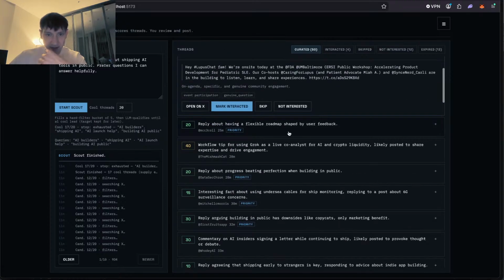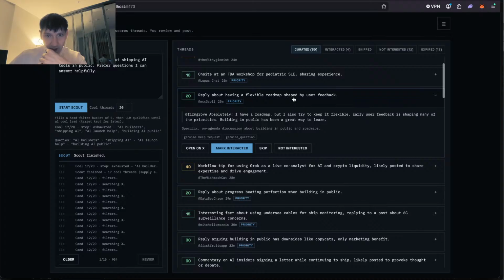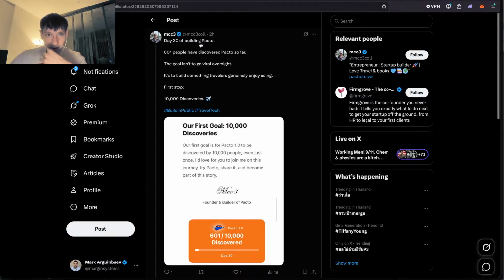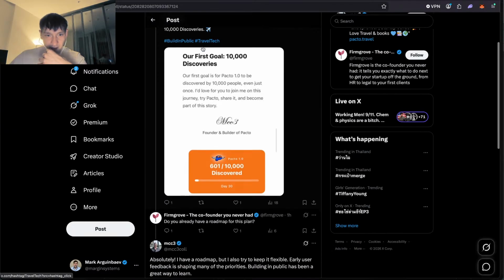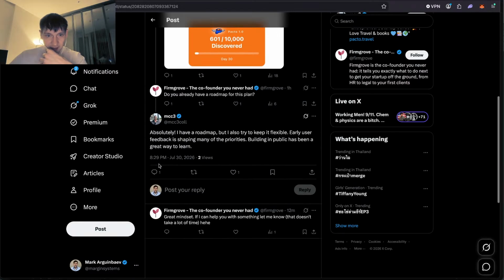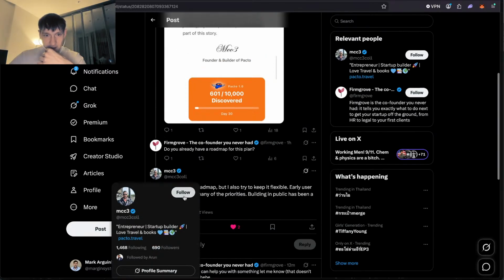Let's look at some other threads. So this is a reply about having a flexible roadmap shaped by user feedback. So this seems a little bit more interesting. Let's see. This is day 30 of building Pacto. So someone asks the question, do you have a roadmap for this plan? He says, yes, I have a roadmap. I also try to keep it flexible. Early usually get feedback. Yeah, so I could just try to enter this thread a little bit,